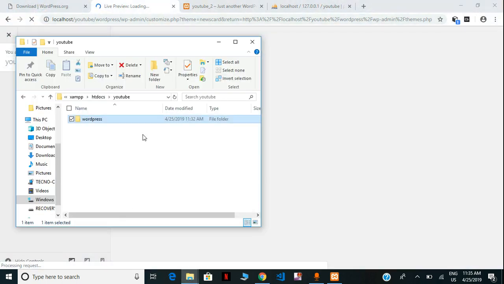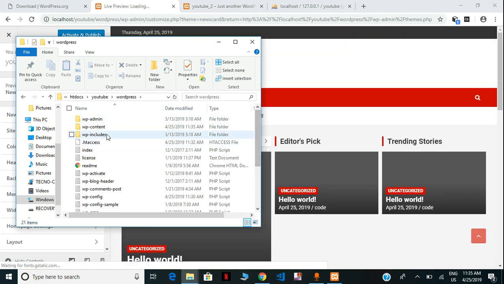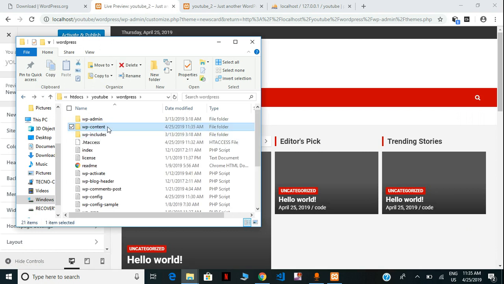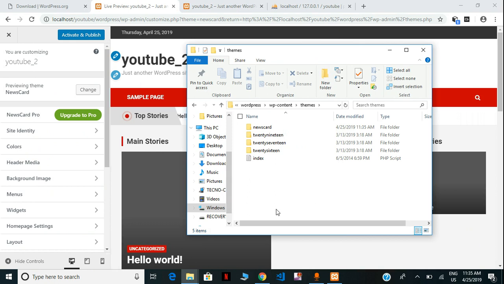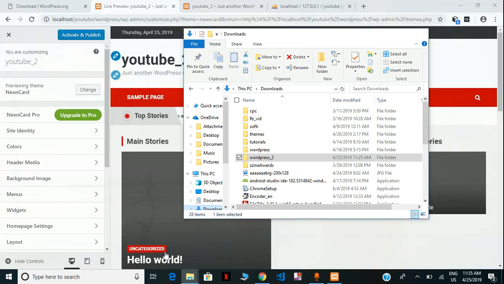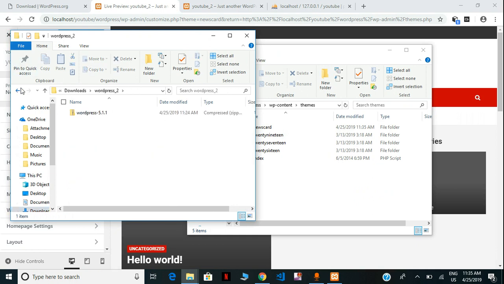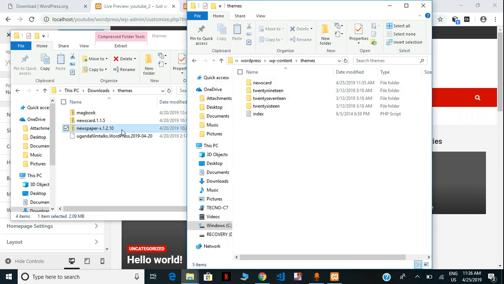But in case you want to bypass that, you need to go into this folder of WordPress and look for content, WordPress content, this folder. Go to themes, and what you need to do is, let's get this, go to the theme that you downloaded from the internet. Let's say Newspaper X, and just extract the theme from here,